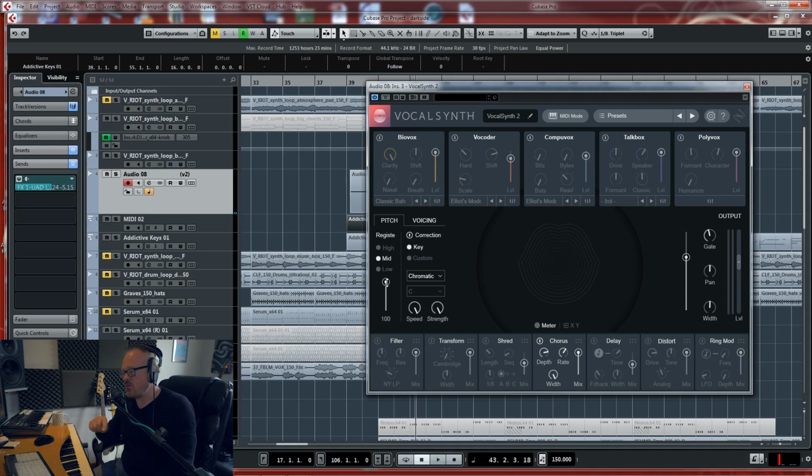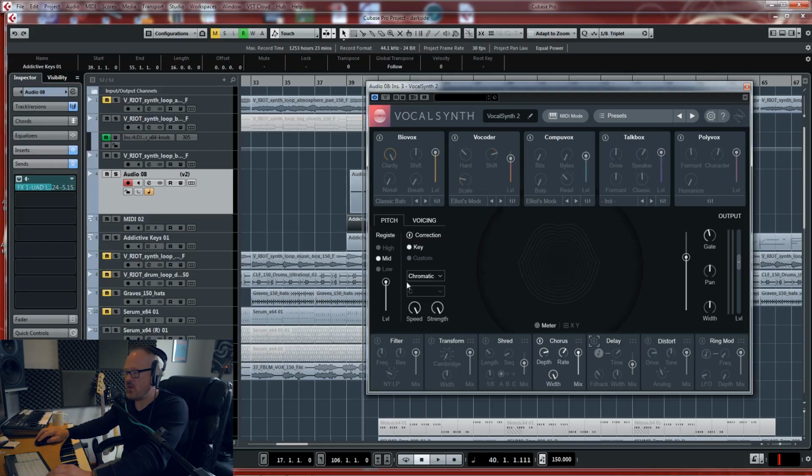There's an old trick: if you record a vocal and then duplicate it and hard auto-tune the duplicated vocal, you get a doubling type of effect, and you can obviously do that here. So it's got a level for the actual tuning part. So, like I said, you've got all that in one package, which is really good.